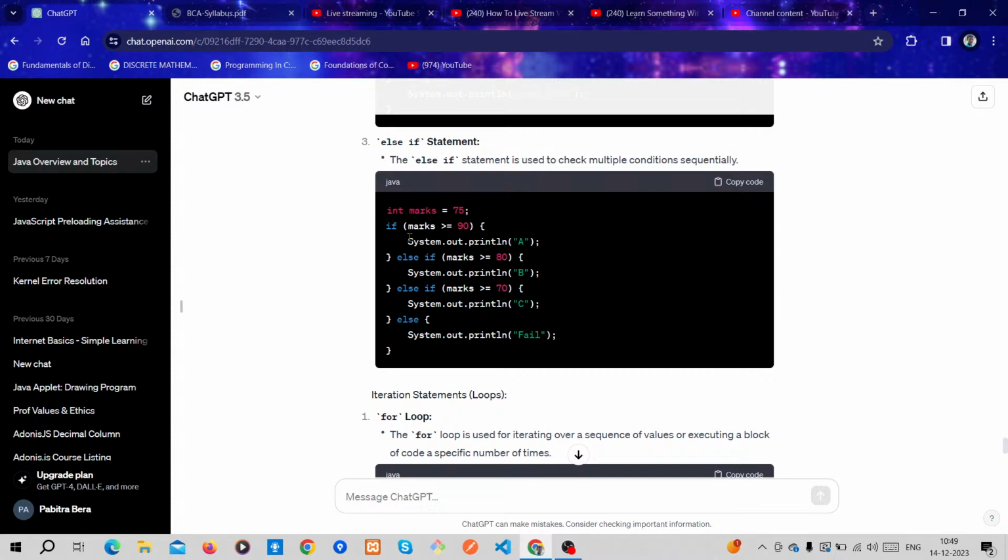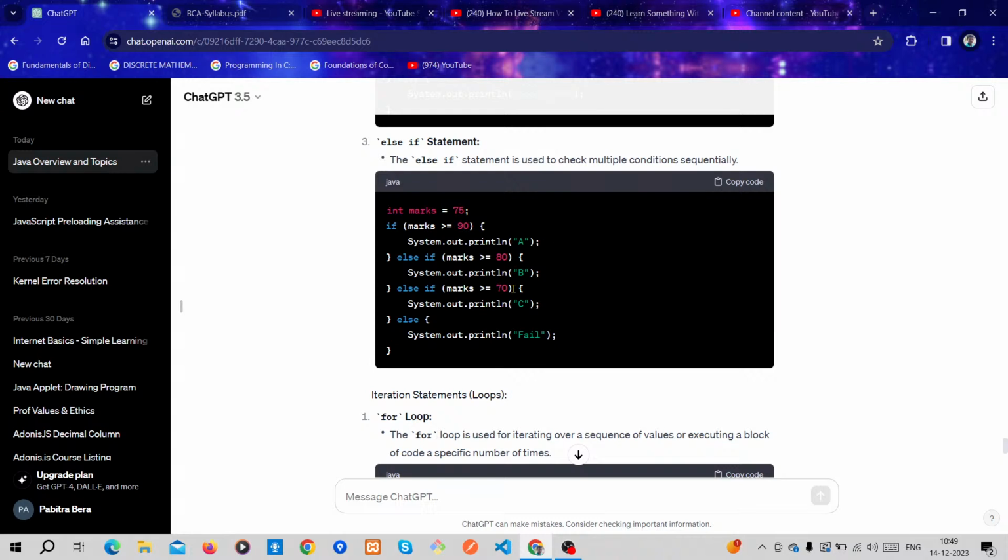Okay, here first of all, check the first condition: if marks is greater than or equal to 90 or not. Marks is 75, so it is false. Then else if, check the second condition: marks greater than or equal to 80 or not. Marks is 75, so this is also false. Then check the next condition: marks greater than or equal to 70 or not.